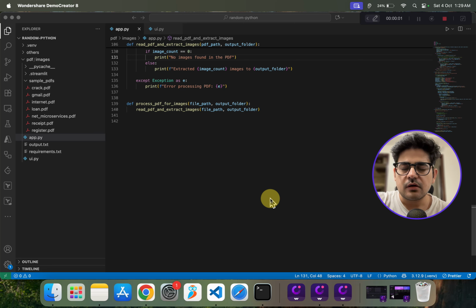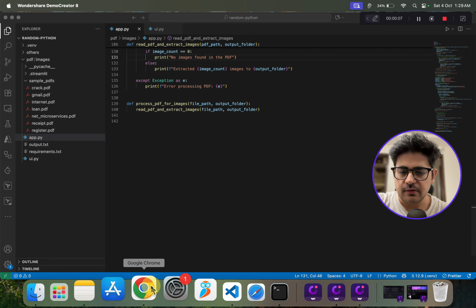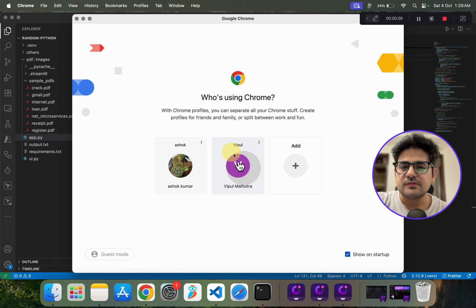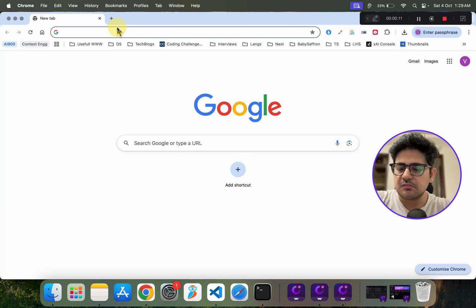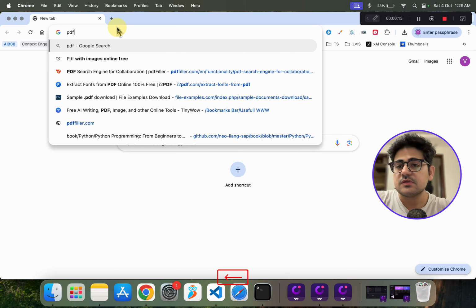I was working on a process where I had to extract a lot of images from a PDF file. Now there are a lot of existing applications. We can just search for "images from PDF"